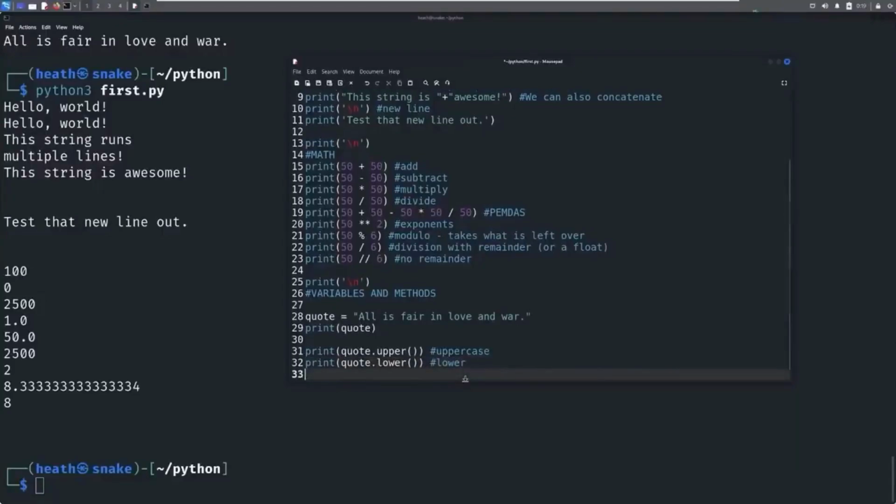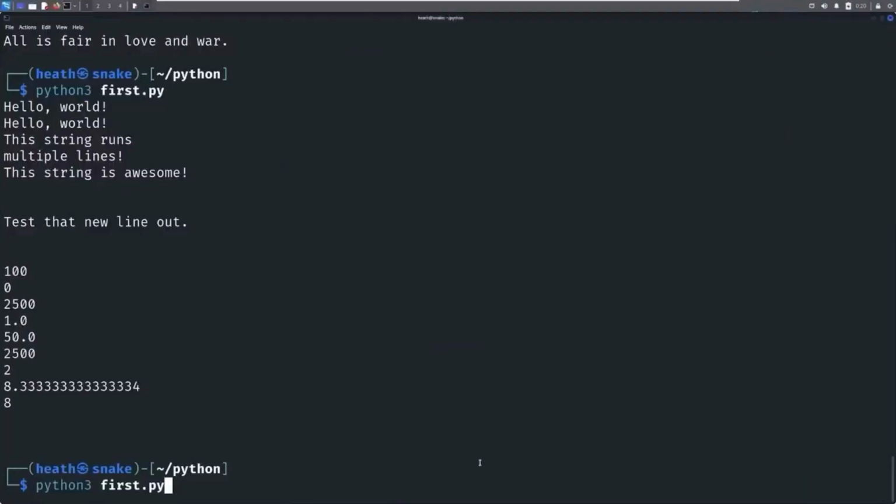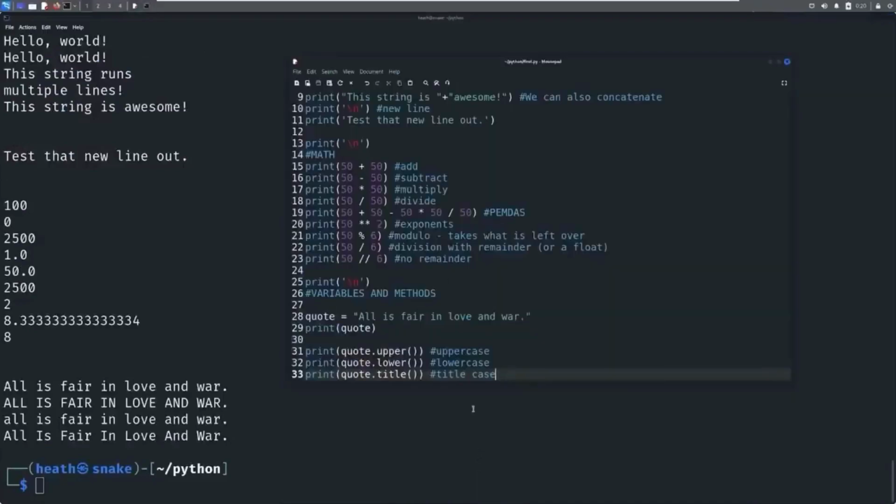And just for one more, we can also do print, and we'll say quote.title. And this is what's known as title case. And title case will capitalize every single letter like it is the title. In this instance, here we're going to get like the A capitalized, which wouldn't really be true in a title, but still just know that title case is meant to capitalize every first letter within your string or your sentence in this case. We're going to call this lowercase here. Okay, so let's go ahead and save this, and we're going to print this out. And you can see the differences that we have. We have it here in its normal quote, and then we have it in uppercase, all lowercase, and then